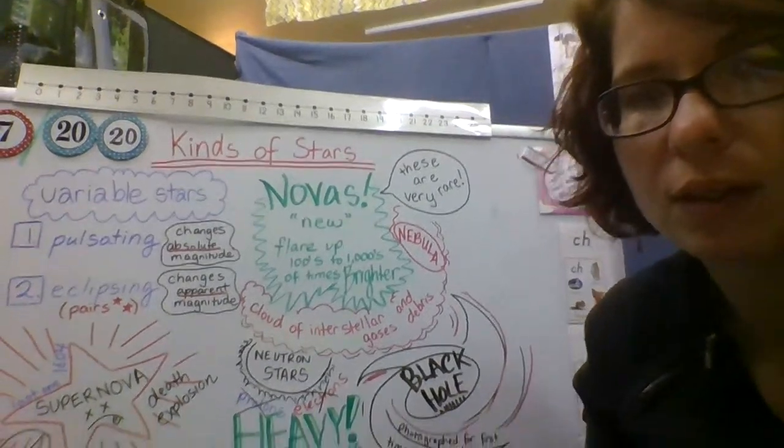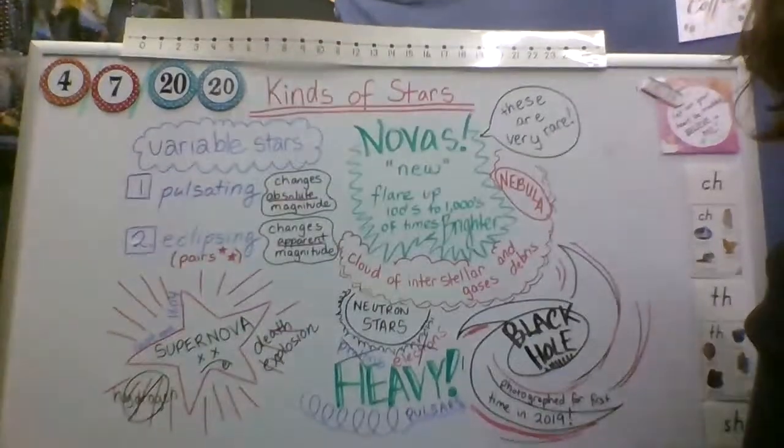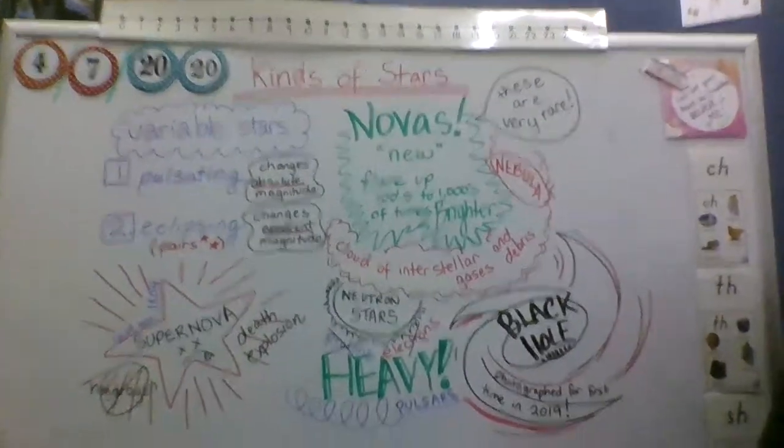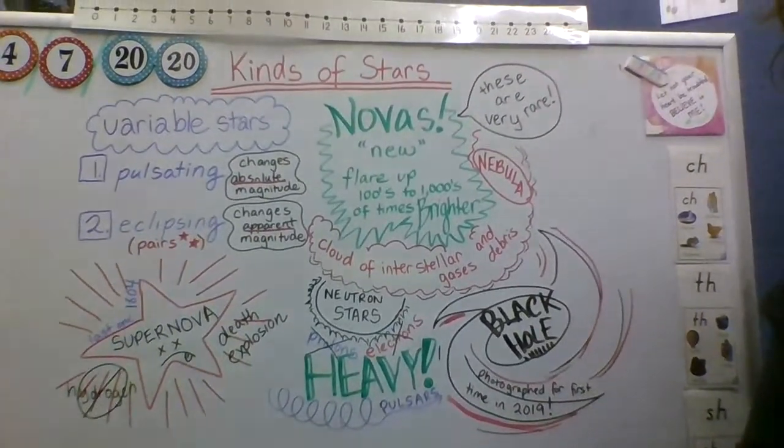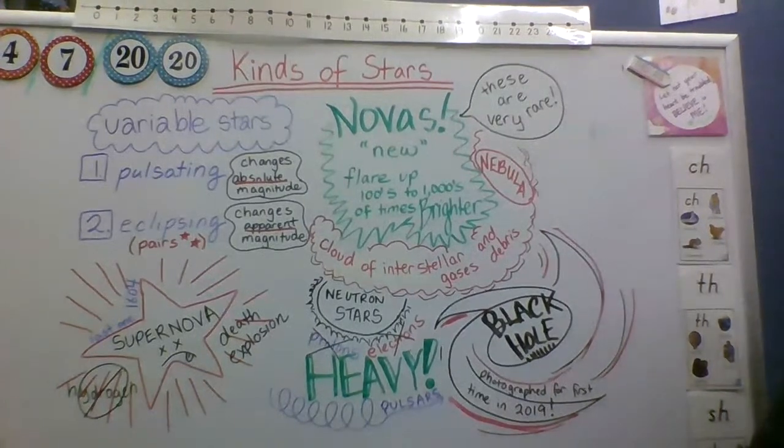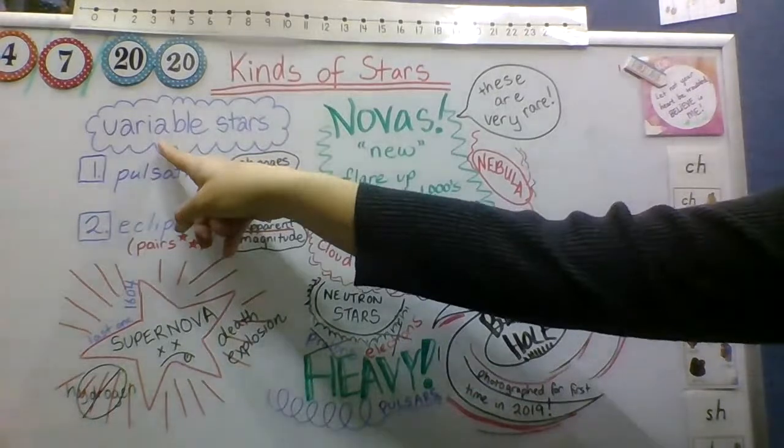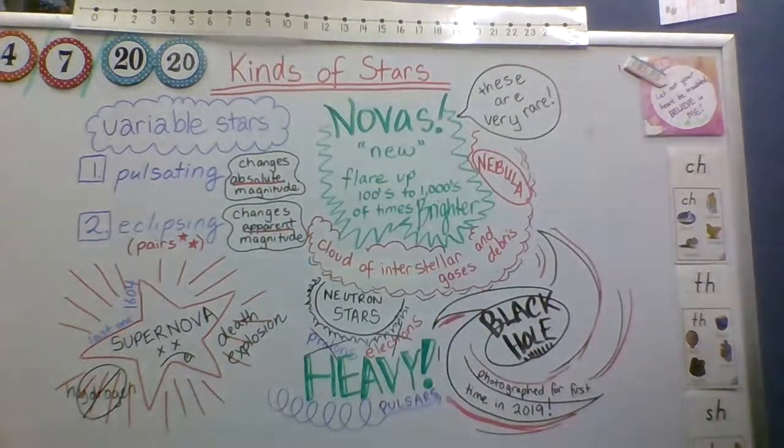So let me move this so you can see my board. And let's talk about some of these guys and what's going on with all these stars. All right, so the first kind of stars that I want to talk about are the variable stars, and you'll see those right here. Variable is just a word that means to change, and these are stars that sometimes they